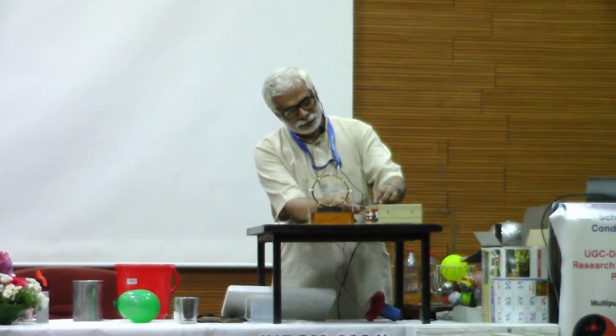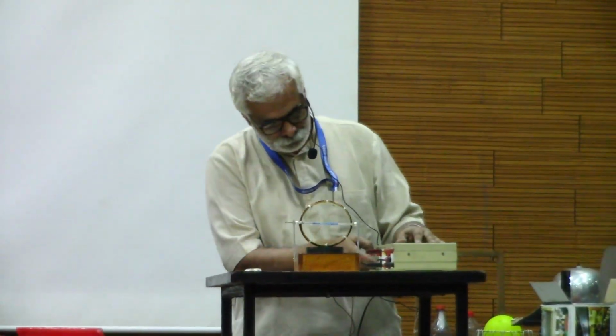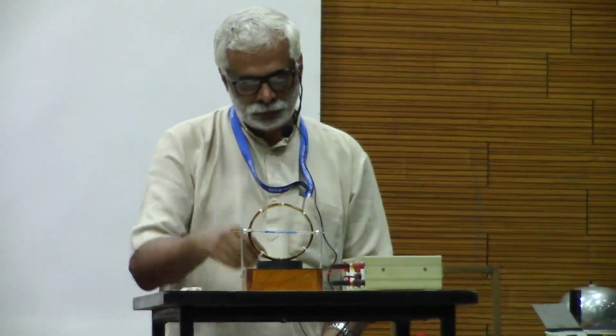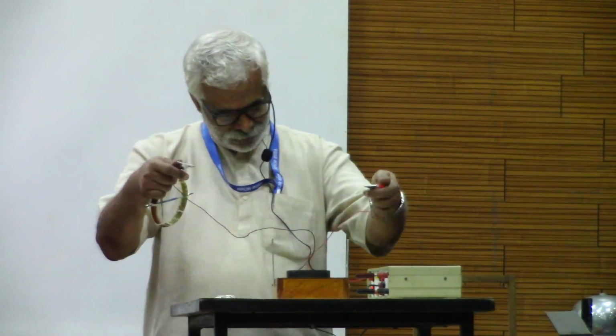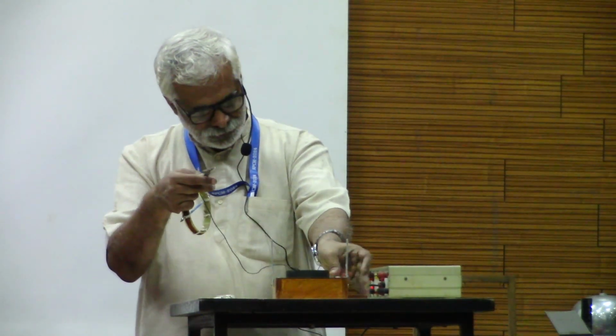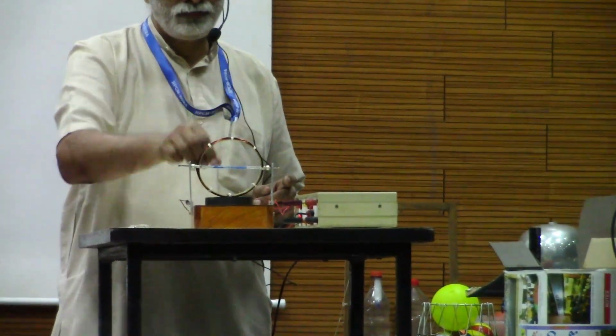See, I have a power supply here, a DC power supply. Now, this is a simple copper coil. Just see what I am doing. In fact, I can demonstrate Ampere's law, Fleming's left-hand rule, all those things, but it needs little closer observation. Just see what I am doing. I will just give the supply, and on this, if I put this, you will find